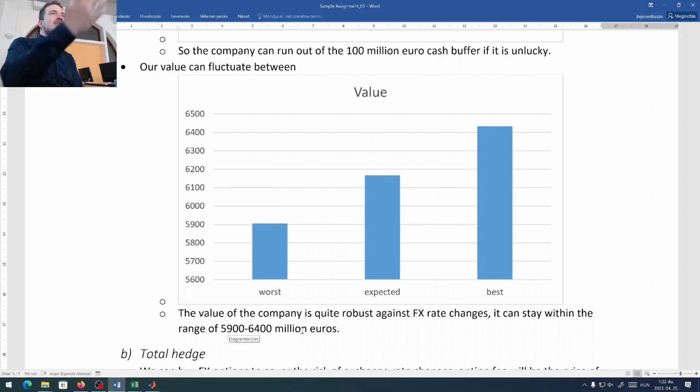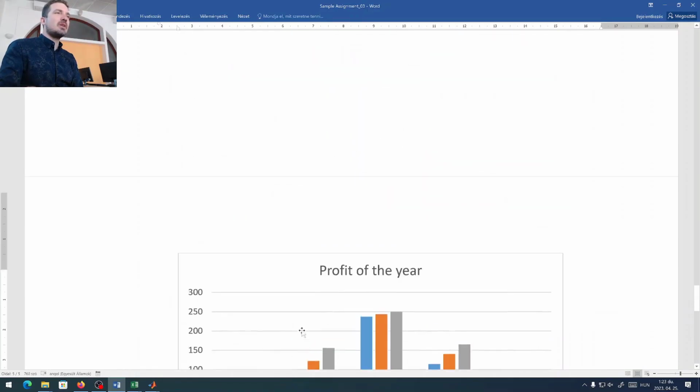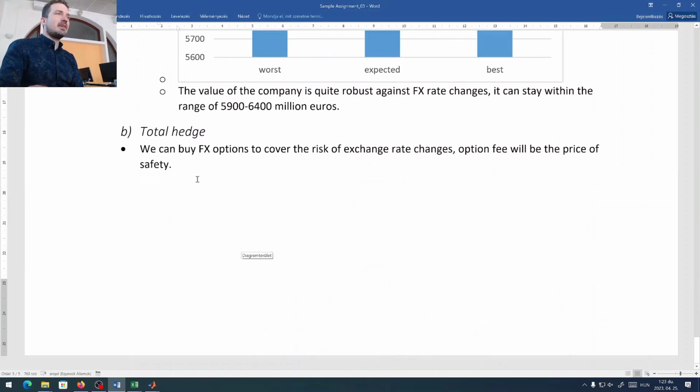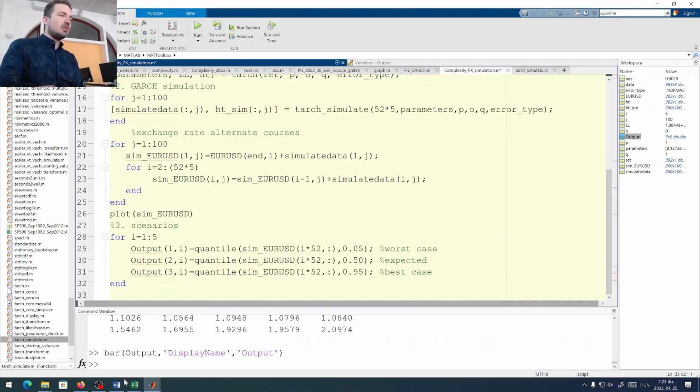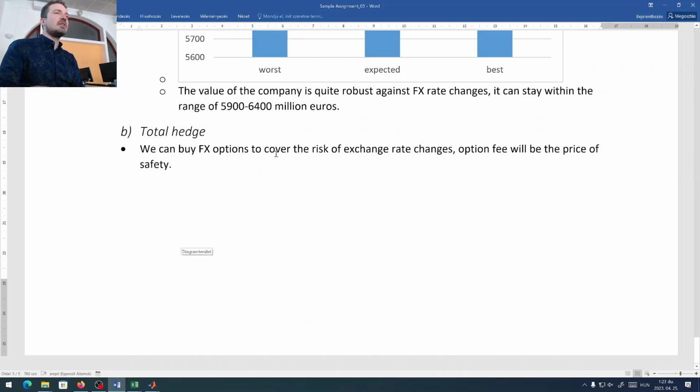So if we would just take the original setup and we were just saying that, oh, depreciation will be good for our profitability, and they are doing nothing at all, then obviously the value will not change as much and will not be such robust against external changes. So we are just postponing the catastrophe. Cool, but still we need a total hedge scenario, so we need option fee, and in this case,